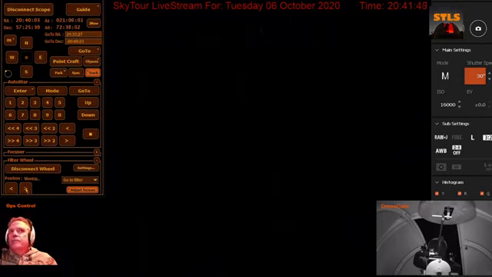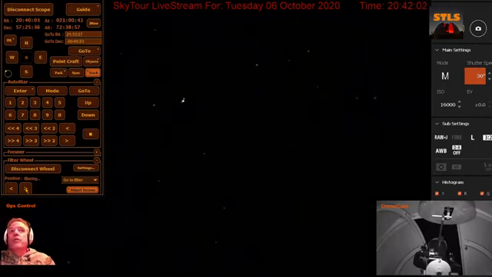Filter 4 is black, because sometimes we need to capture just darkness to help figure out how the camera's doing, so we can calibrate the noise that the camera generates. And filter 5 is just a pass-through. It's just an open hole. That's why this is the one where you see the most stars.